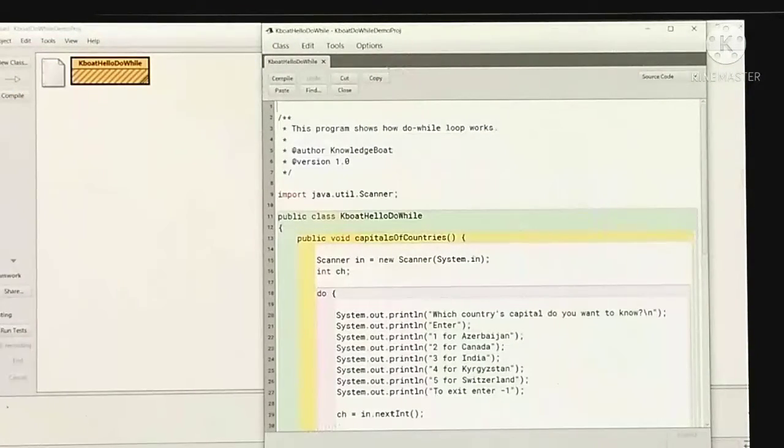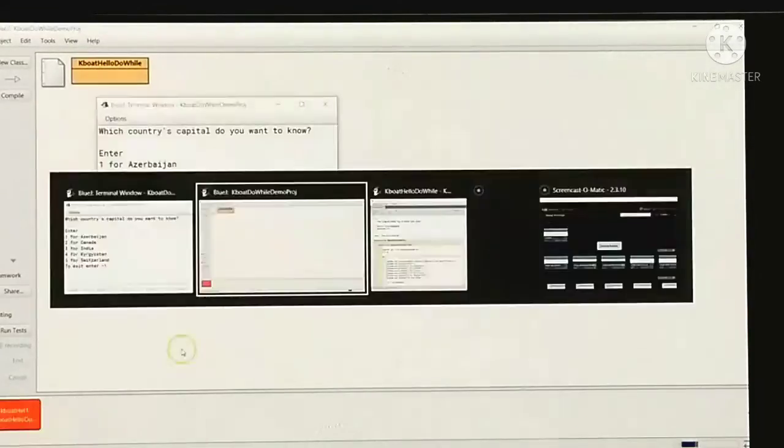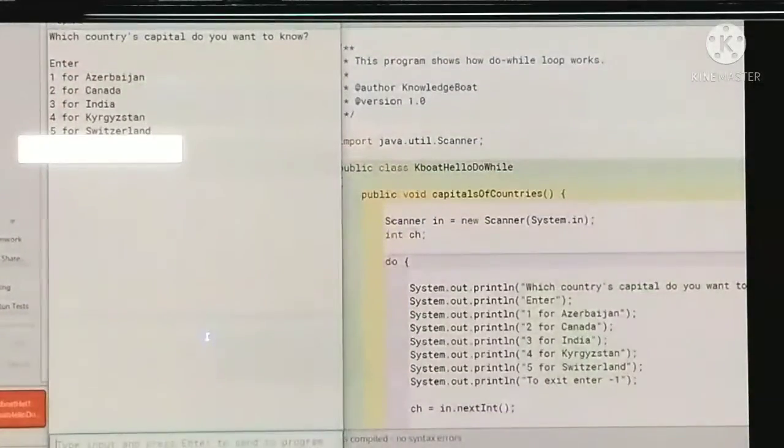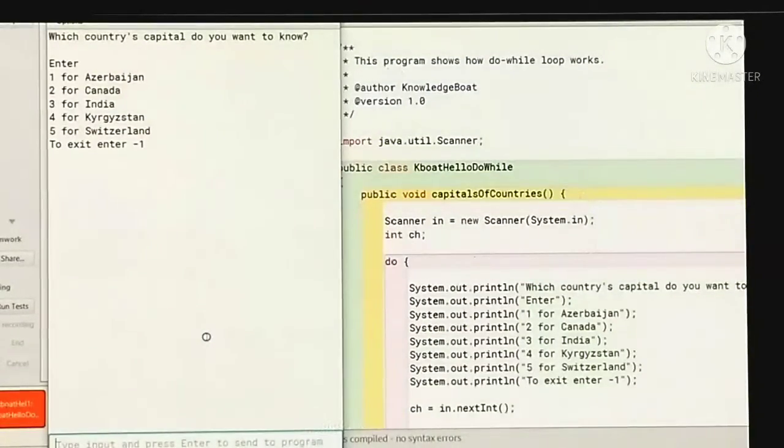Here we use a switch case statement, and according to the condition we get out of the loop. If you look at the figure, there are names of countries according to the choices 1, 2, 3, 4, 5, and to exit we have to enter -1. That means if you do not enter -1 as the choice, your loop will continue until you enter -1. Only for case -1 you have to use the System.exit function.